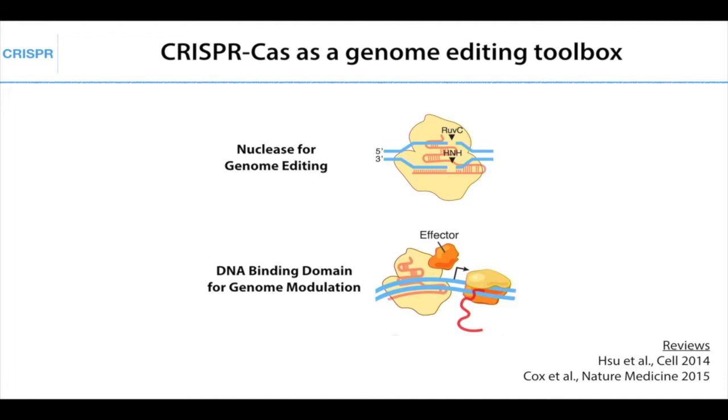It can either fix DNA through non-homologous end joining. It's a very useful method for disrupting genes because it forms indels. Or you can provide a synthetic DNA template to perform DNA repair. But the same enzyme can also get mutated, so you can get rid of the RuvC and HNH catalytic residues and turn it into an RNA-guided DNA binding domain like this.